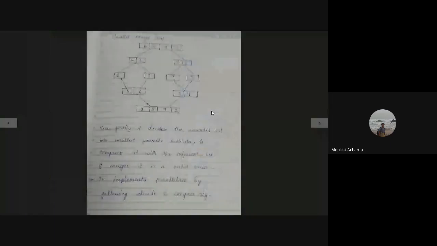Next sort is parallel merge sort. This parallel merge sort follows the divide and conquer rule.